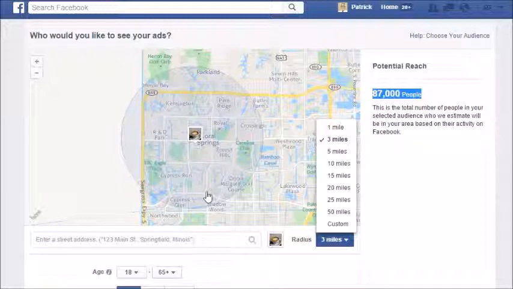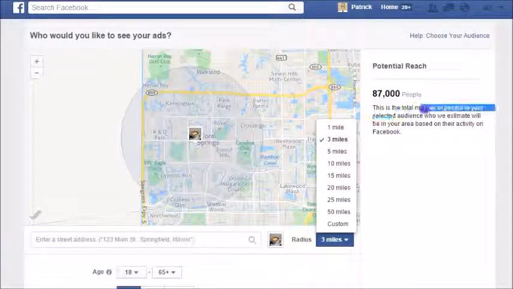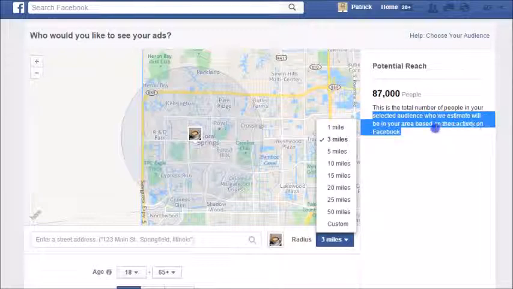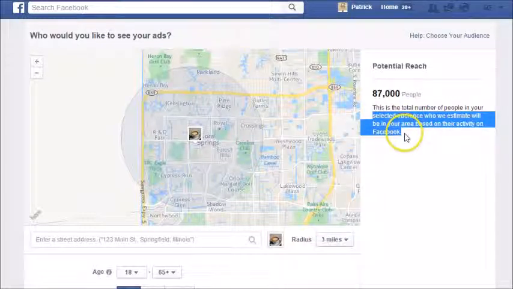So what Facebook does is look at people who not only live in your area, but have been in your area within a certain time frame and recently. So this is the total number of people in your selected audience who we, Facebook, estimate will be in your area based on their activity on Facebook. So you can then target a little further